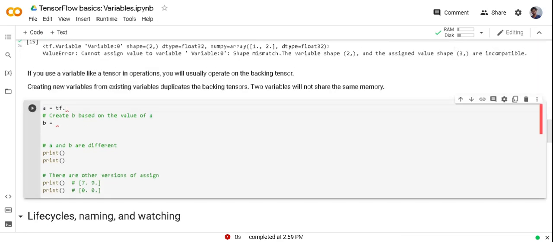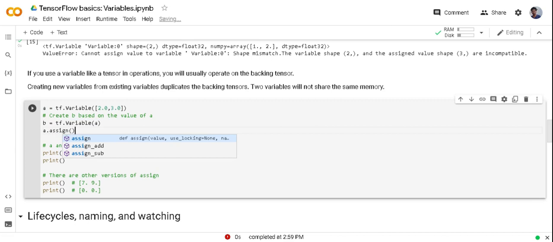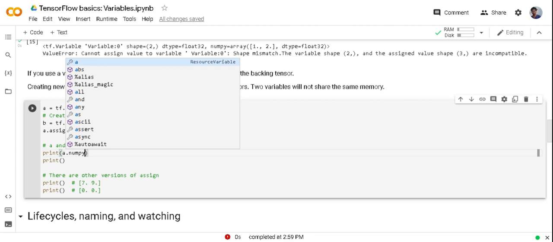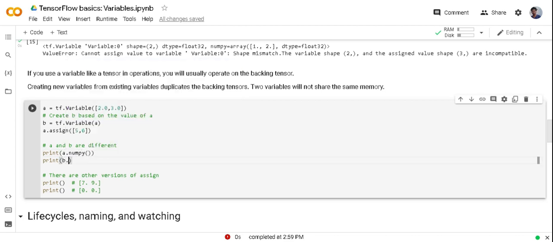When you create a new variable from an already built variable, like here I am creating a variable 2.0, 3.0, and now I am creating b from tf.Variable(a), they will not share the same memory. To show you, here I am changing the values of a to 5, 6, and let me print those, a.numpy and b.numpy.